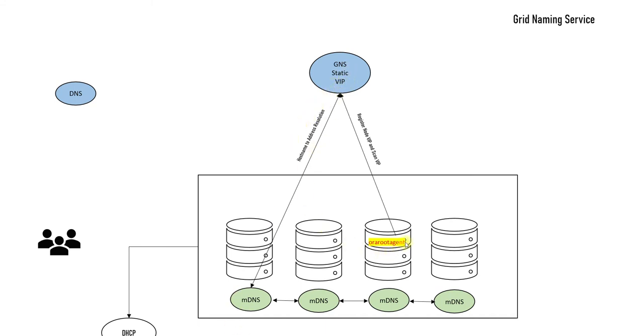We already learned that Aura root agent's functionality is to collect the node virtual IP and scan VIP from the DHCP. That's done. But for the IP to host resolution, MDNS functionality is used. MDNS already has the functionality of collecting that from the interfaces and converting those IPs to the host names. So that part is done. Now GNS has all the information of host names as well as IP addresses.